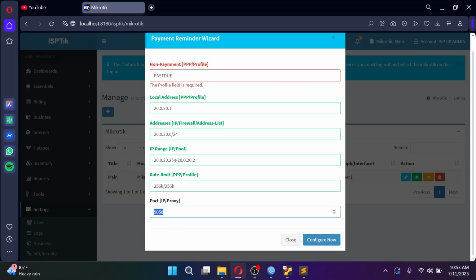Let's try making it 90-90. Or triple eight. Basically anything that your microtech is not utilizing, that you think that port is not utilizing. So let's make it 90-90. So past due is the name of the PPPoE profile.